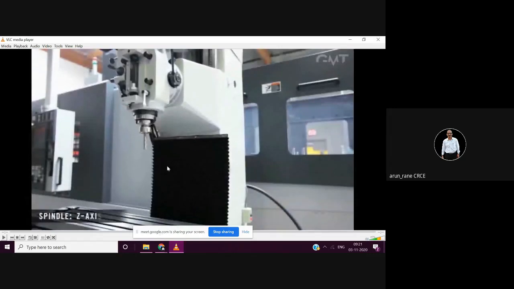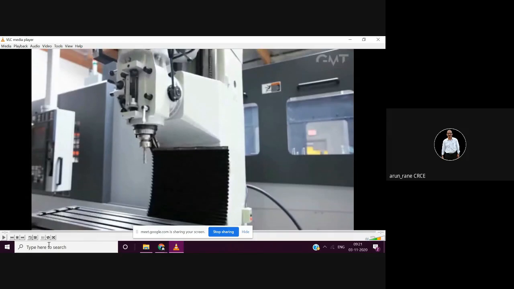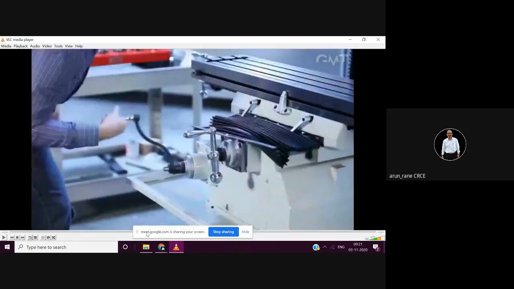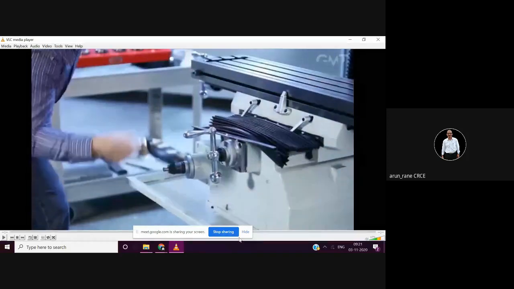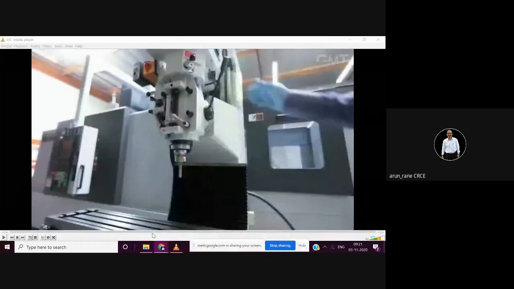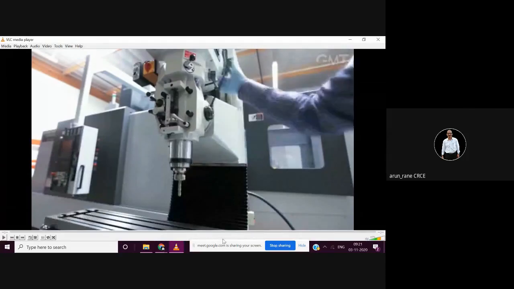The head, which holds and rotates the cutting tool, is housed in the spindle, which is parallel to the z-axis. The spindle can be moved vertically along the z-axis. Operator is standing here, so that is the x-axis. Z-axis movement can be accomplished by moving the entire head vertically along the column. Alternatively, the lever-operated quill can provide rapid vertical movement for operations such as drilling.